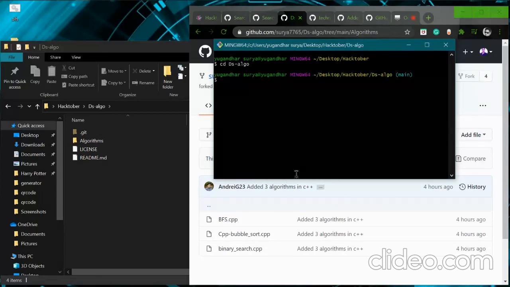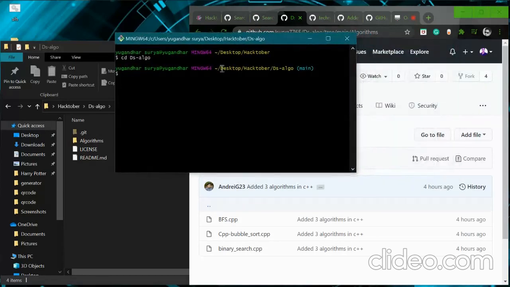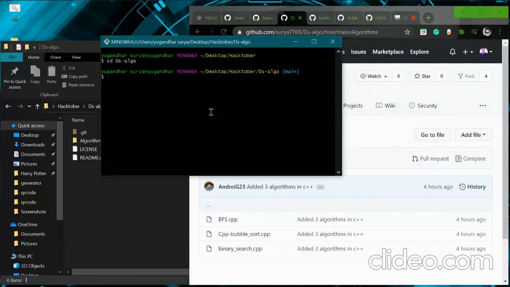And then as you can see here, I got the tag which is main, that is, I am in the master branch of this repo. And if I want to make any change, I just go and git add all.